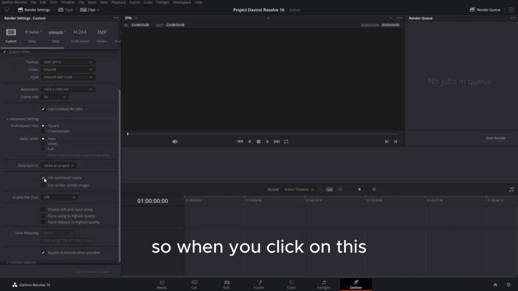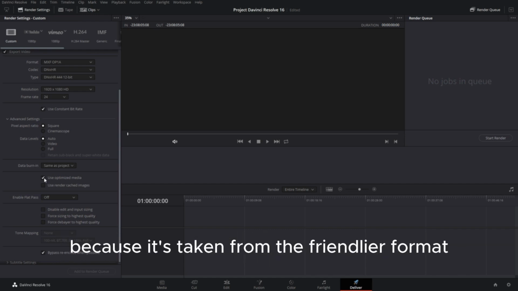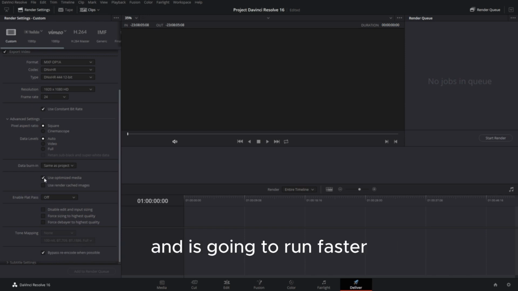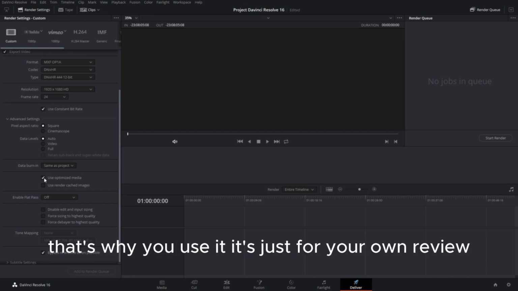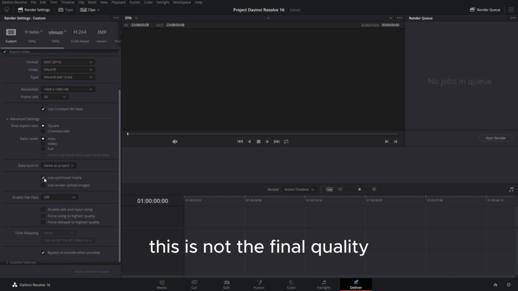So when you click on this, obviously it's going to render much faster because it's taken from the friendlier format and it's going to render it faster. That's why you use it. It's just for your own review, or the review with the clients, just tell them, okay, we're using optimized media, this is not the final quality,